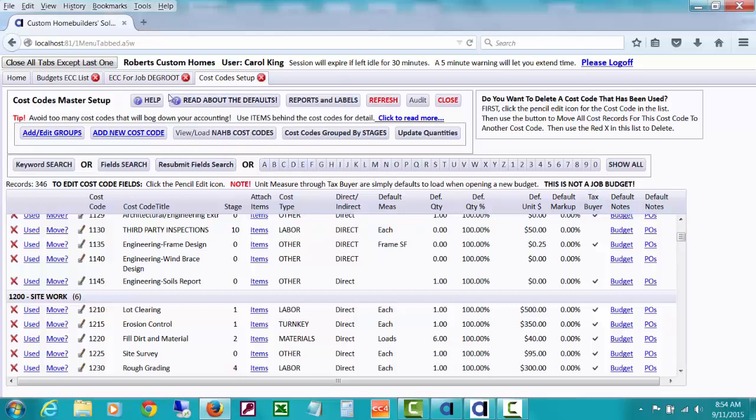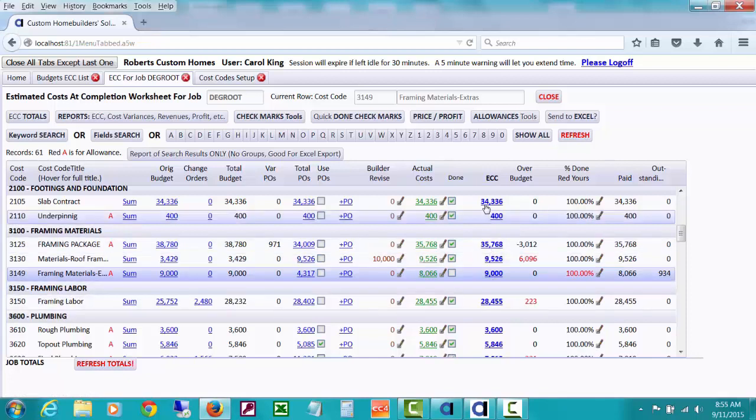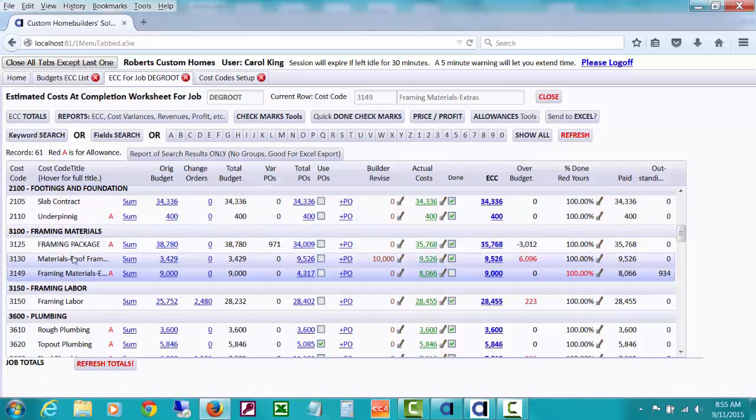To demonstrate that real quickly, I've already opened what we call our estimated cost at completion, that brings together all those various types of costs by cost code, just so you can get a quick feel for how those cost codes are used. There are other videos about this estimated cost at completion worksheet, but its main purpose is, on a daily basis, figuring out for you what your current estimated cost at completion is. But you can see how these are various what we call cost codes down the side here that we set up, which is what this video will be about, but that it's showing how much, say for a slab contract,